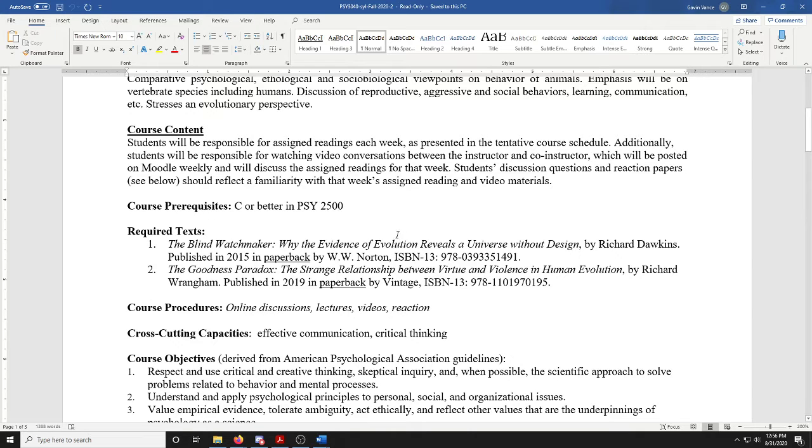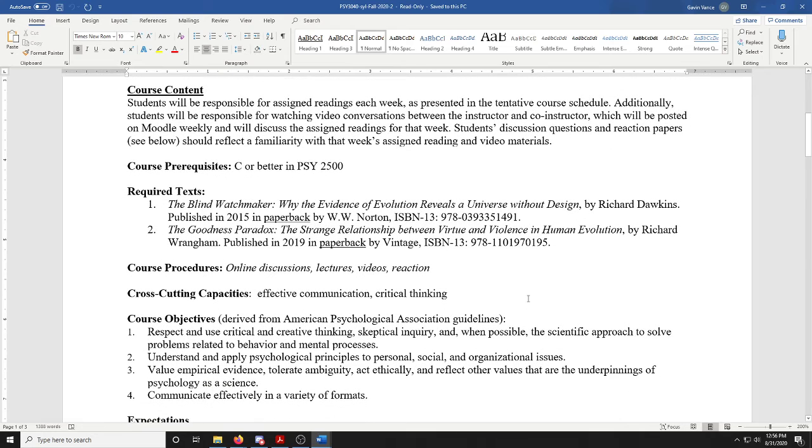Incidentally, well, let me just back up. Richard Dawkins is a very well-known biologist who's written many books on evolution, and he has an uncanny ability to explain things. He's won as many literary awards as he has scientific awards. So his writing, I think, is clear. It's straightforward. I think he does an excellent job of explaining things to people who don't have a background in evolution or evolutionary biology or Darwinian thinking. And that's a huge virtue in a class like this, where you want to make sure we're all starting on the same page.